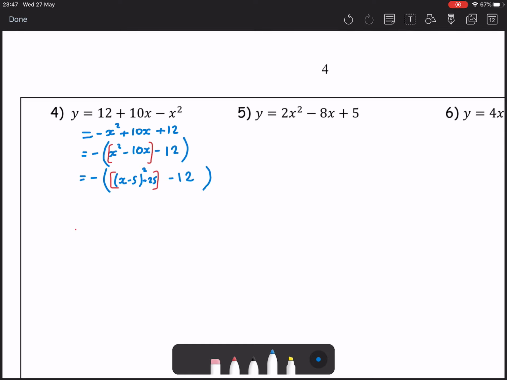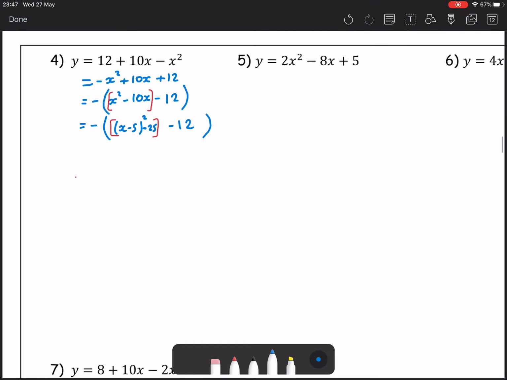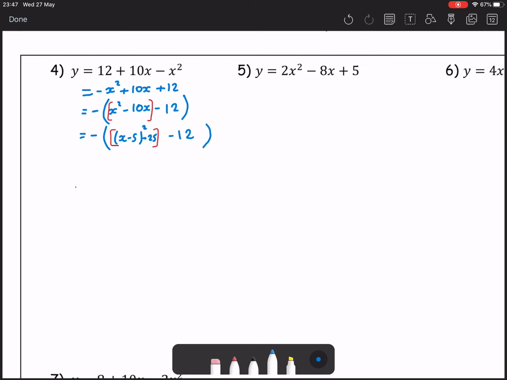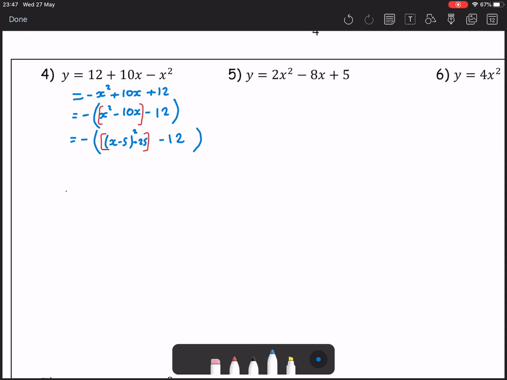But I've got this negative outside. It actually works in my favour to multiply through at this point with my negative. And you'll see a wee bit more the reason why in our next example. You could combine the minus 25 and minus 12 and then do the negative. But if we do it in this sense, we have minus